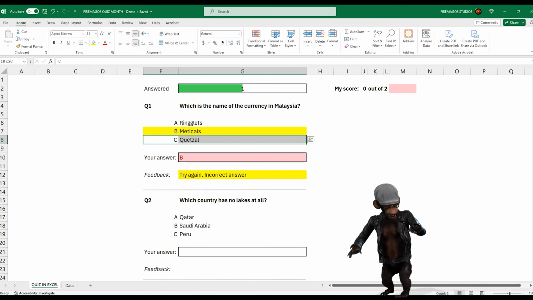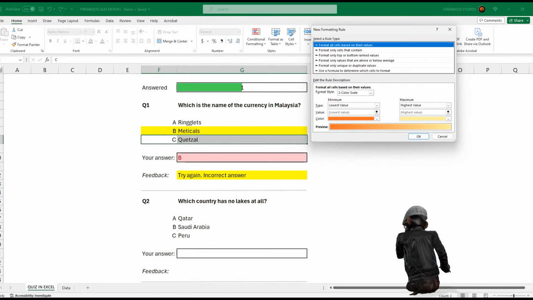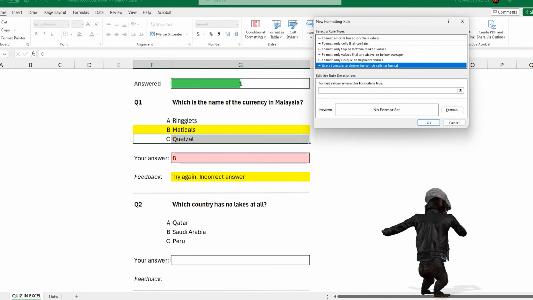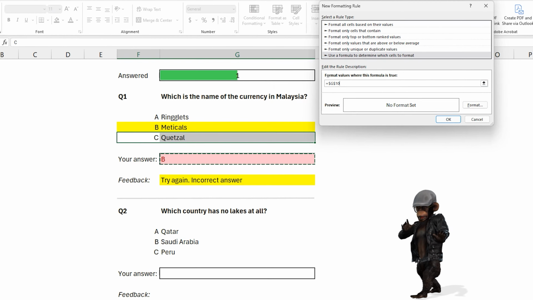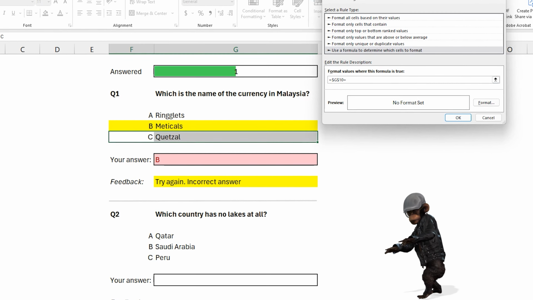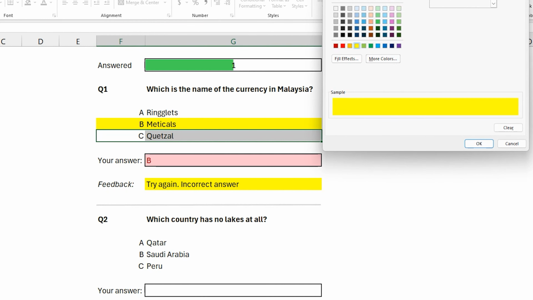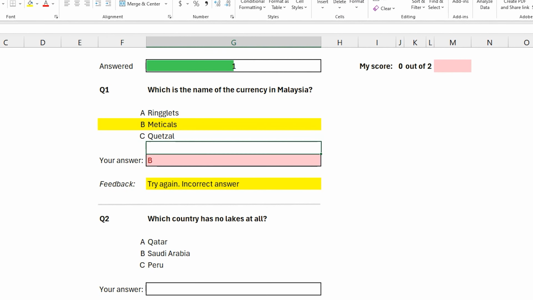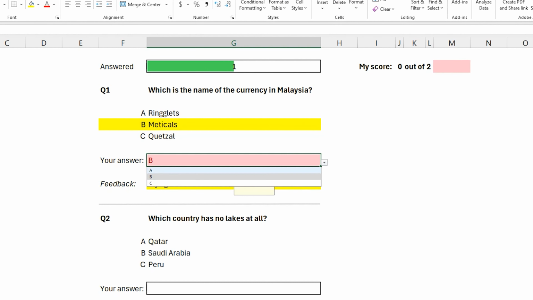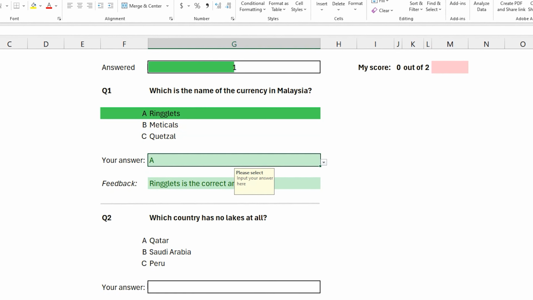And again, for the C, conditional formatting, new rule based on formula. Then if the answer here equals this one, then the format is yellow or whatever you want. And that's it. So we will have the colors based on the answer, just like a real quiz, right?